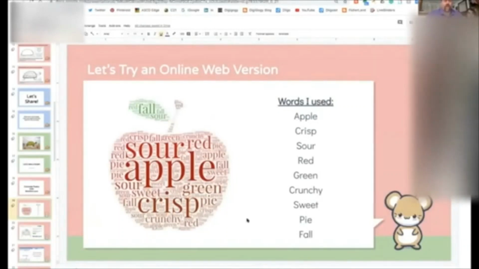When you go to the website, it's going to allow you to create a web version of a concrete poem. So in this example here, you can see that I picked an apple as my picture. And I used the words apple crisp,